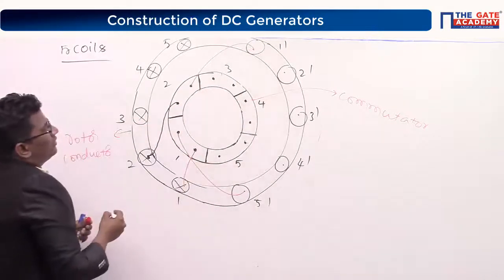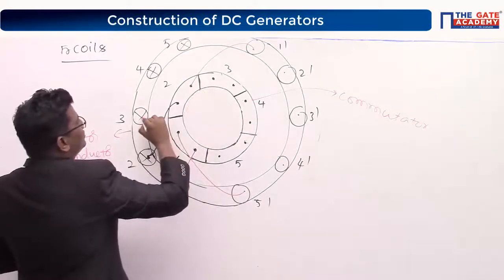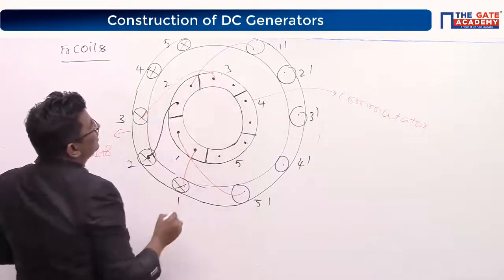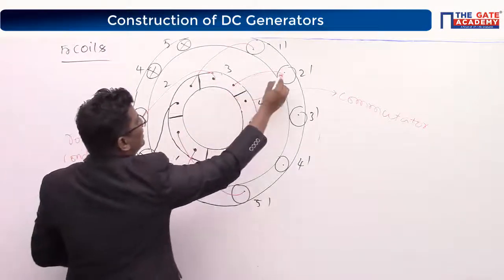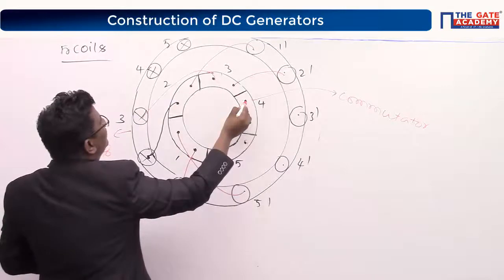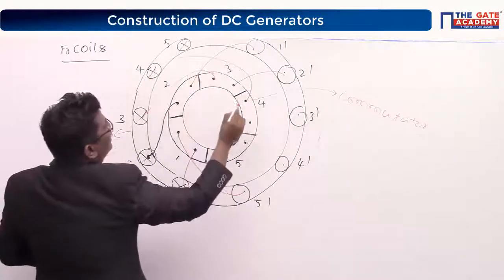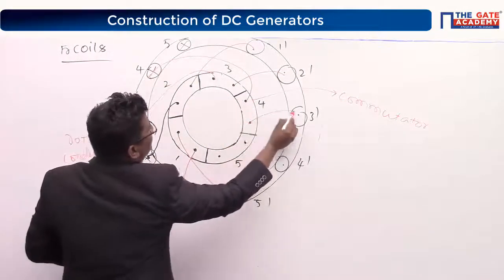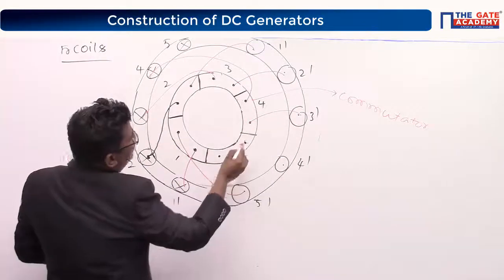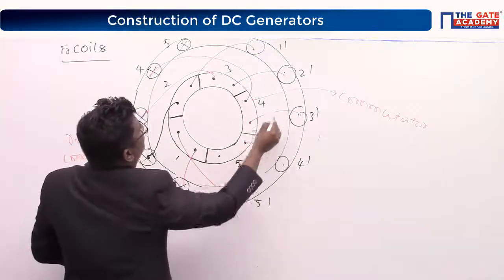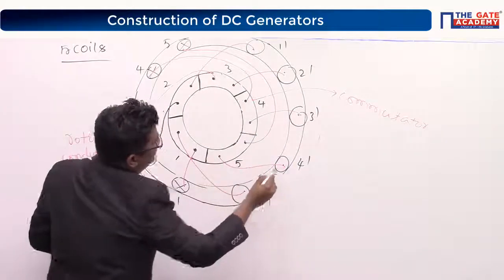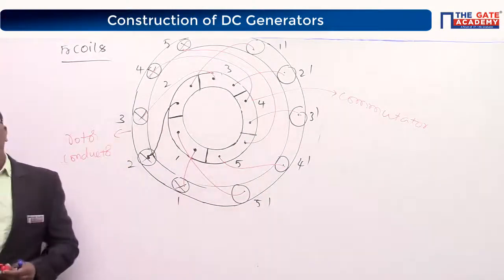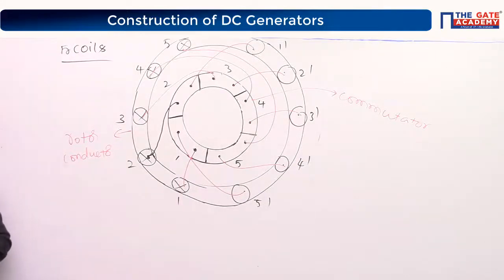Next. Then 3 is connected to the third conductor. This connection is connected to the second conductor. 4 is connected to the fourth conductor. Its adjacent is conductor 3. Now similarly, 5 is connected to the fifth conductor. Its adjacent is nothing but the second conductor. I hope this is clear, everybody. Any doubts?